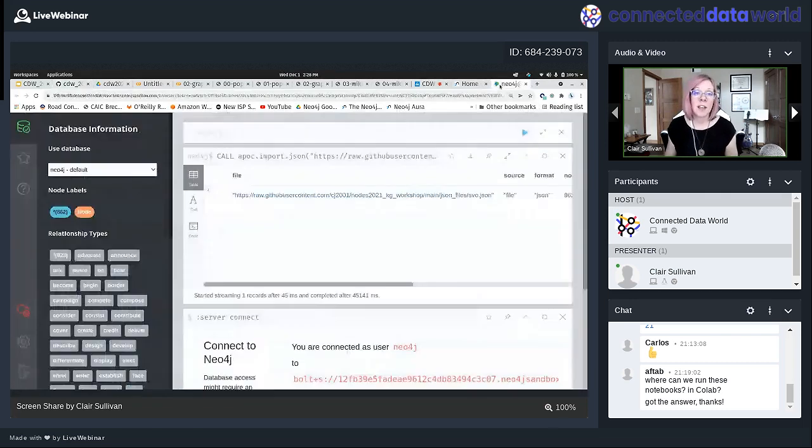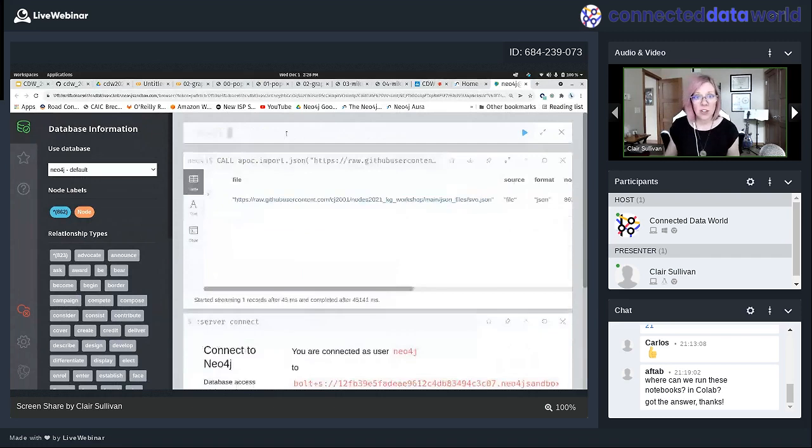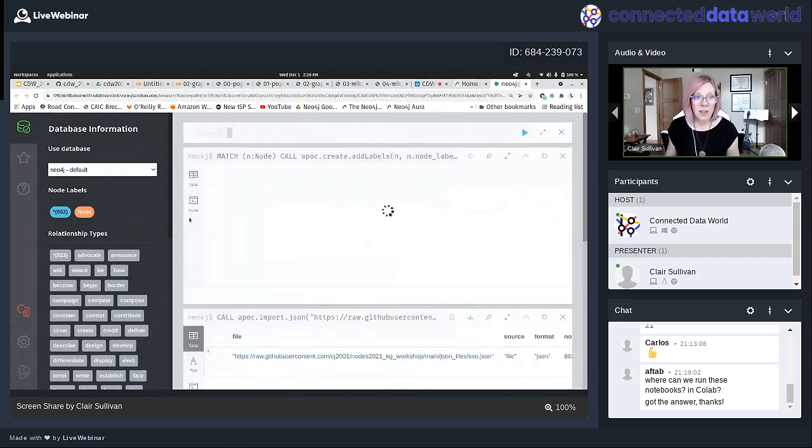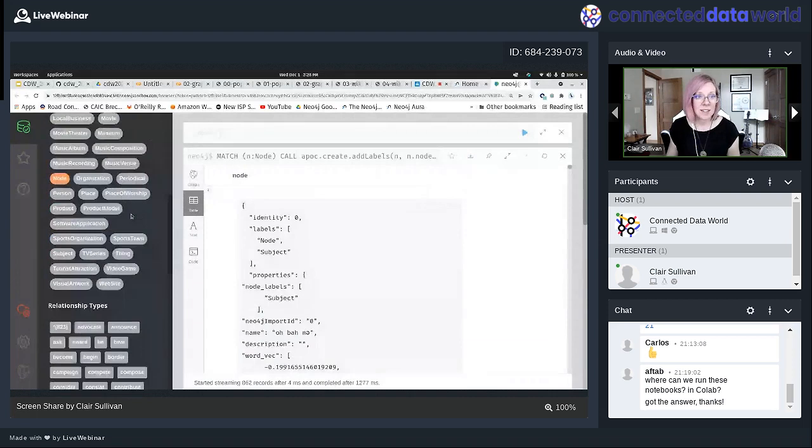I apologize. There's all kinds of great Cypher learnings, like if you were to do that movies database, there's also Graph Academy where you can go learn a lot about Cypher. So let's just go add all these labels. What's going to happen here is you're going to see this node labels thing on the left is going to explode. Whoa, Nelly. Okay, I've got all kinds of nodes showing up here.